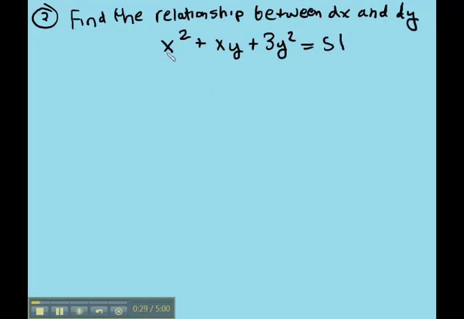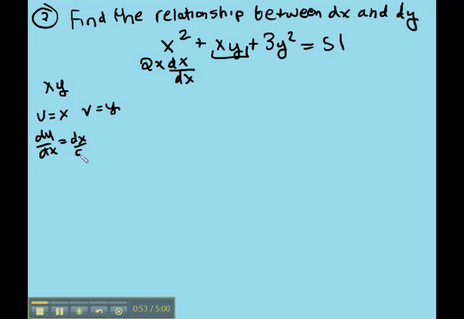Alright, so if we just go with differentials here, then this is going to be 2x dx. You don't have to do that dx over dx business if you don't want, but you can. And then this, you have to use the product rule, so xy, and we have u is actually x, and v is y, so du dx is actually dx over dx, right, or 1, and dv dx is actually dy dx, so this is actually going to be plus x dy dx, and then plus y